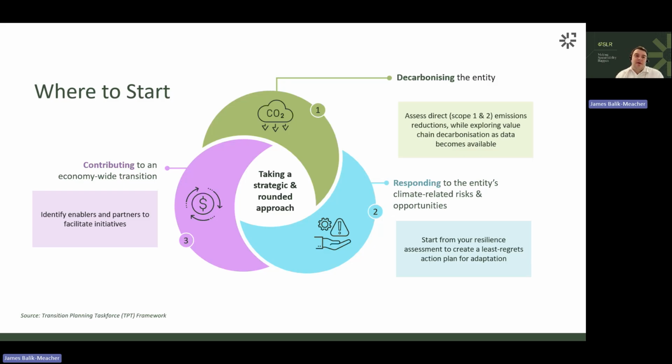Similarly with that economy-wide transition piece, thinking about where you're already having those engagements or who are going to be those really critical partners on this journey as a starting point, before you start trying to boil the ocean with all of the potential things and potential engagements that you could build into this. I guess the main takeaway here is start small. There's obviously a lot that can go into this, but you can begin this journey starting with what you have and building on that, and then working towards a more robust, more complete plan in future years.